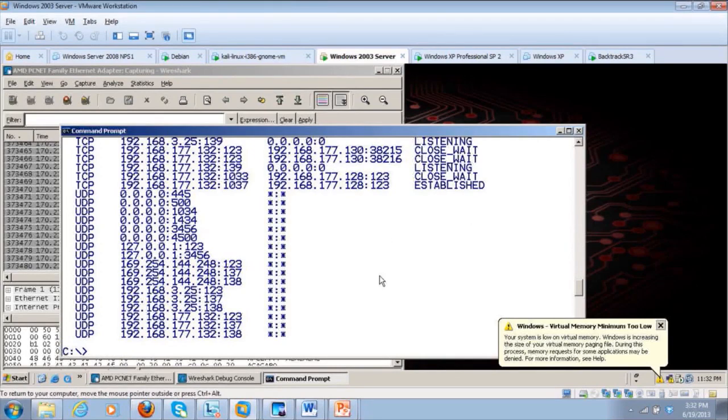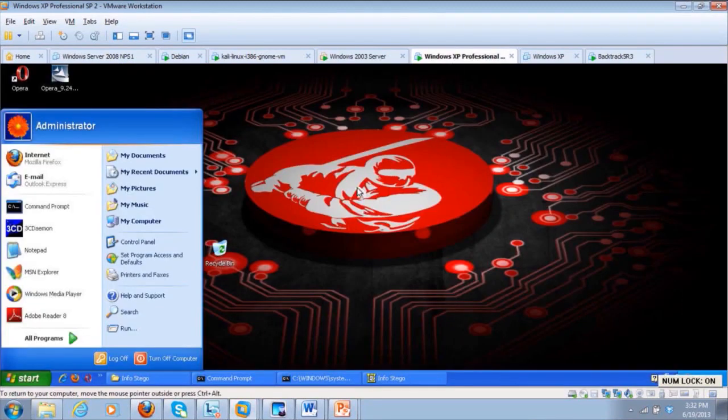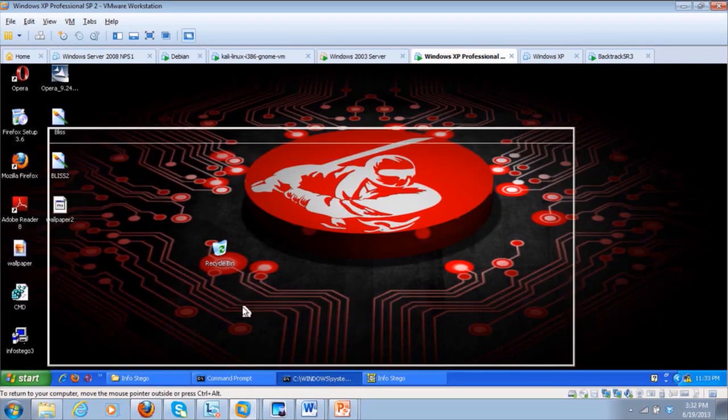But you see, it's a little bit different today because modern-day operating systems know this is not a good thing, to have all these open connections. But you see here, it's still going to crash the box eventually. So we'll actually switch and go over to our Windows XP box,